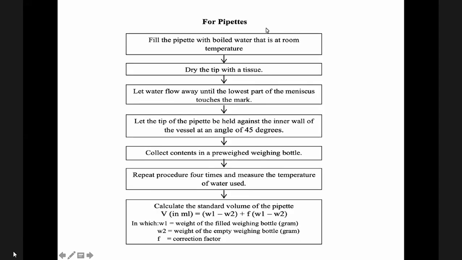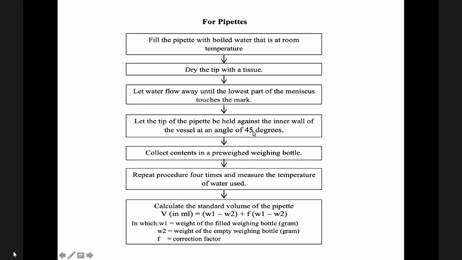Now, go to pipettes. Same also, fill the pipette with boiled water, but before that, you should weigh it first. Then fill the pipette with boiled water that is at room temperature. Dry the tip with a tissue. And after that, let water flow away until the lowest part of the meniscus touches the mark. Let the tip of the pipette be held against the inner wall of the vessel at